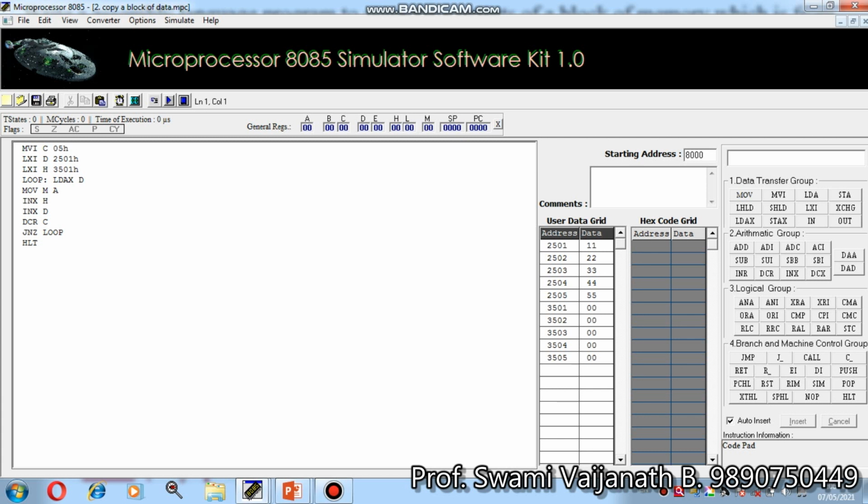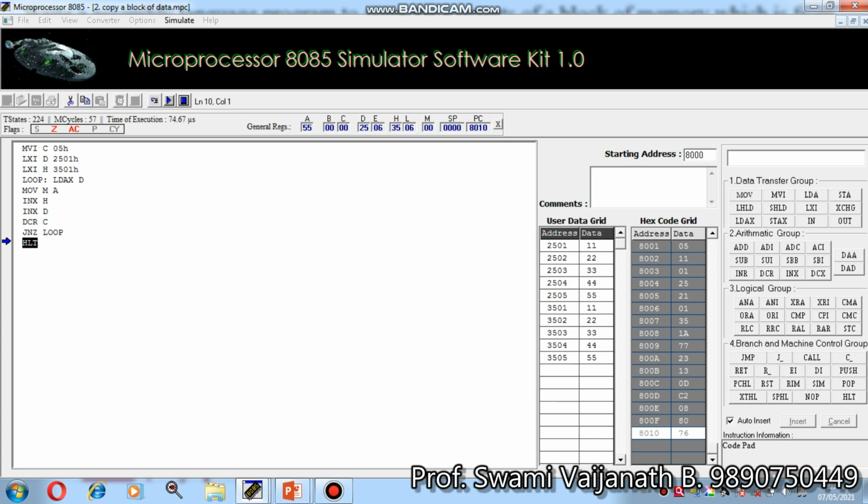Here the C register is initialized to 05H, LXI D is 2501H, LXI H is 3501H, and here the loop is executed. I will execute this program step by step. C is not equal to 0, so it again goes to the loop, again and again, and your program stops when C equals 0.